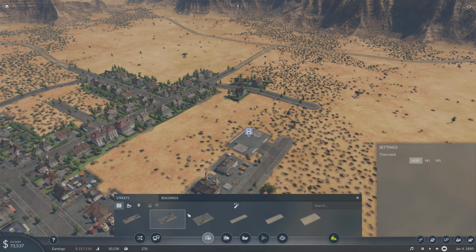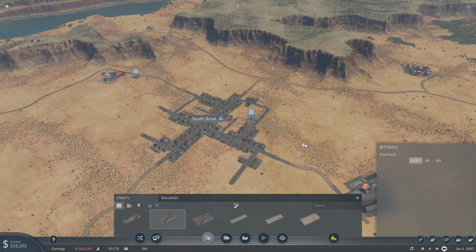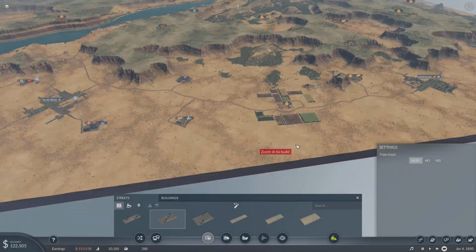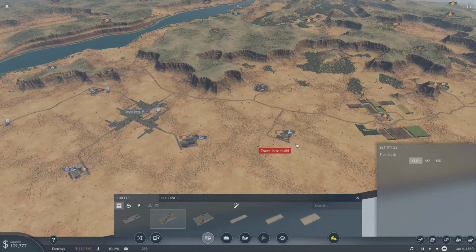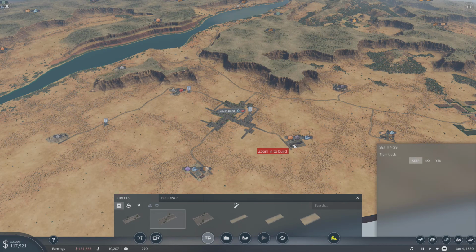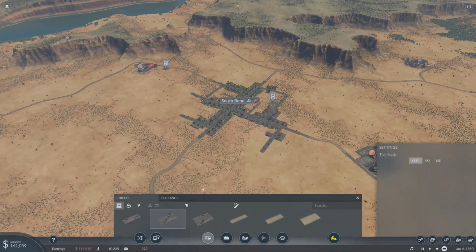Okay, and then let's take care of the road part. We're gonna have to do passenger within South Bend. We could do to Hollywood while we're at it, since we're over here now. But let's start with the cargo. We've got it, so let's do it. We will...